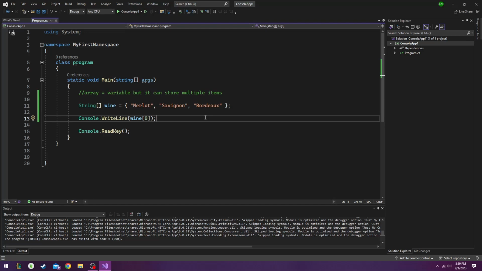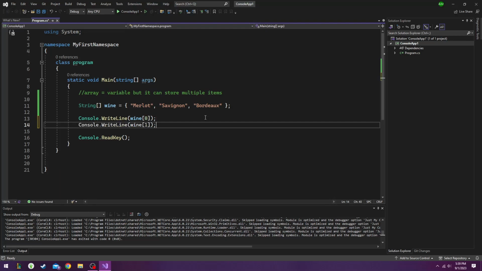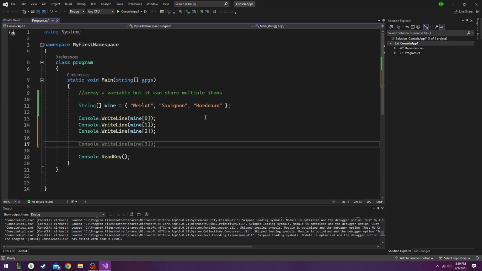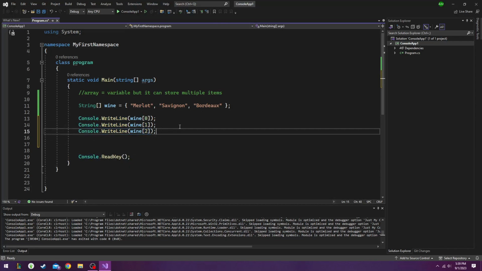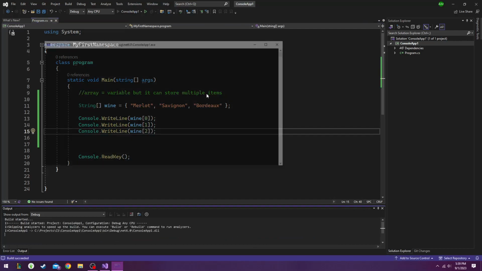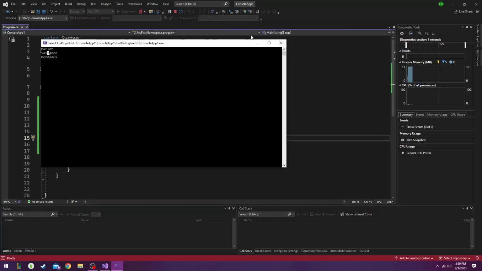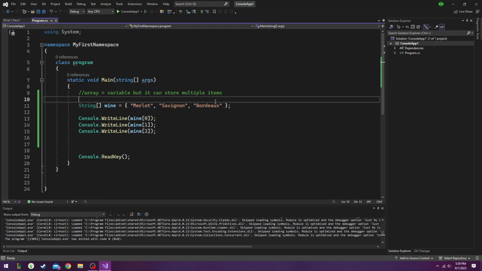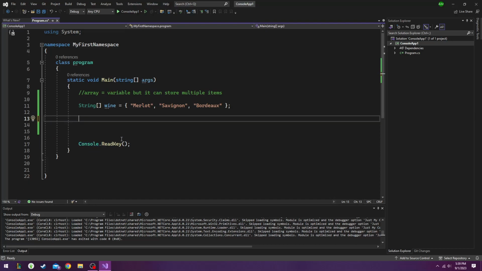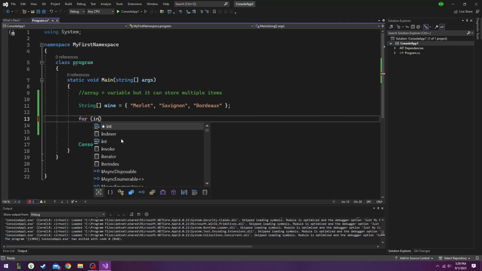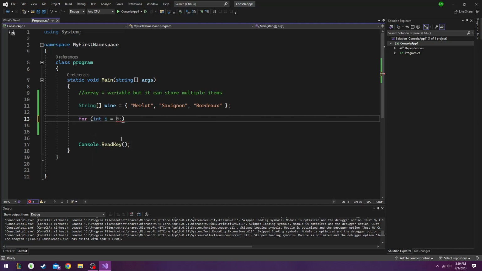And now there's a couple ways to type out all of them. So in order to print out all 3 of them, we can do them on separate lines like this. And we get all 3 of them. However, if we had a big list of like 100 different items, or if you just don't want to type this out 3 times because it looks messy, there's a way we can just delete this, and we do a for loop. So we go for int i equals 0,